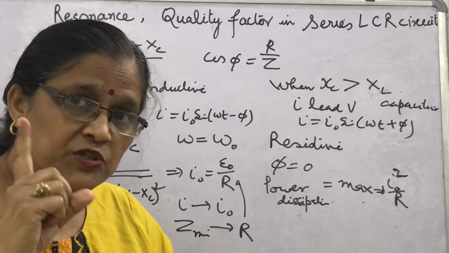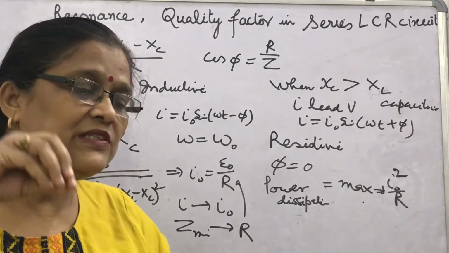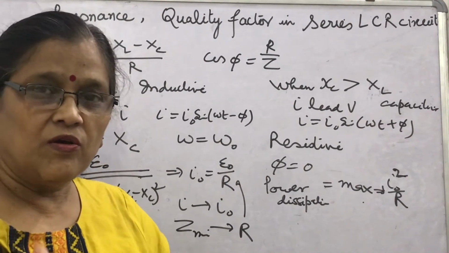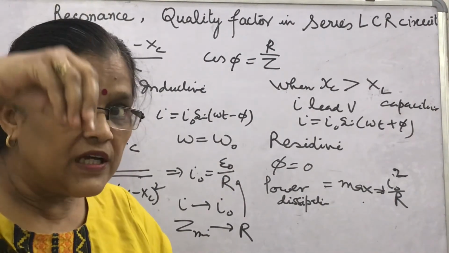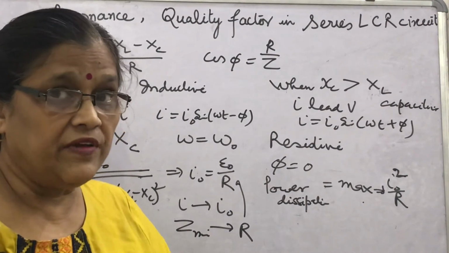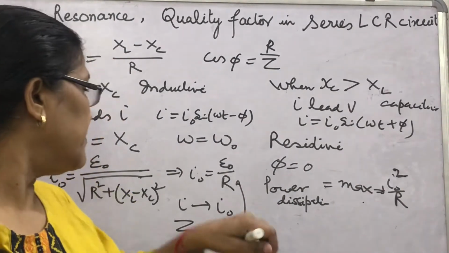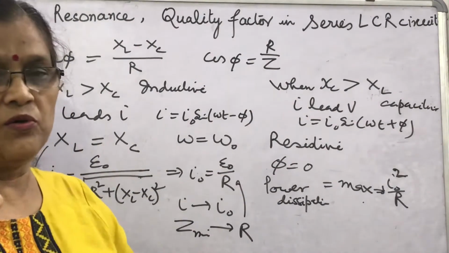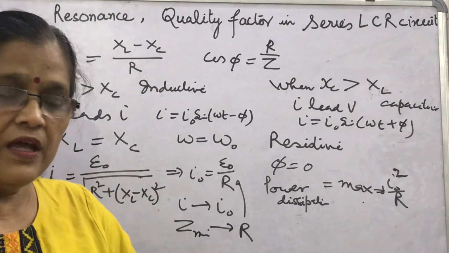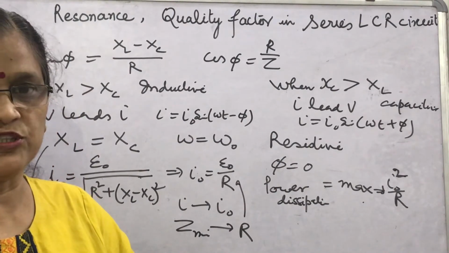Before that, one thing you should know, that presence of inductance L and capacitance C in the circuit is essential. Only then voltage across L and voltage across C, we have read they are out of phase and equal, so they will cancel out each other. What will happen? Then the current will become maximum, that is only E0 by R. The total source voltage will appear across R. So we cannot have resonance in LR or in LC circuits.